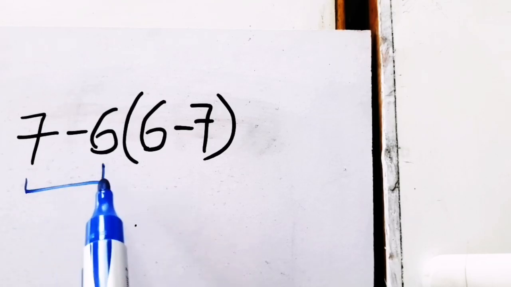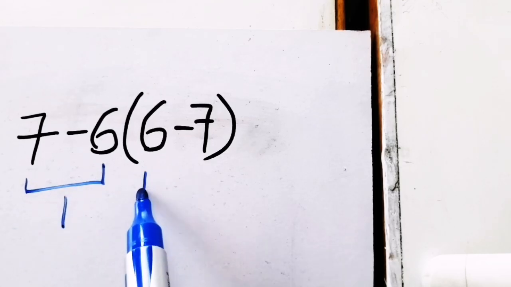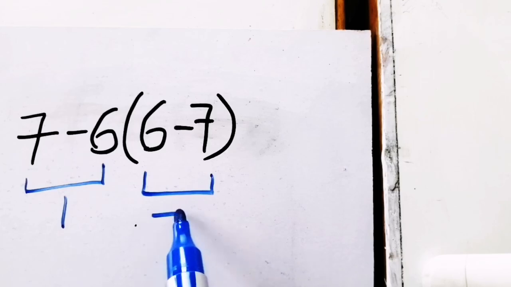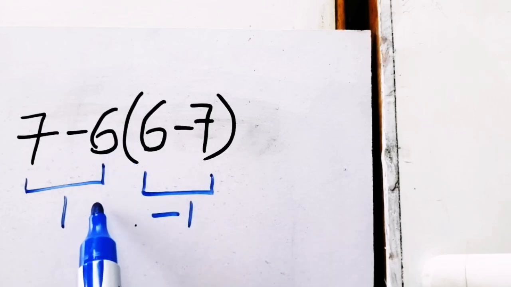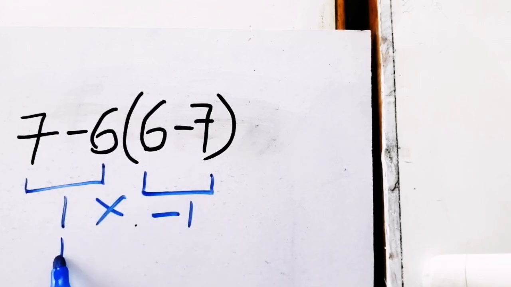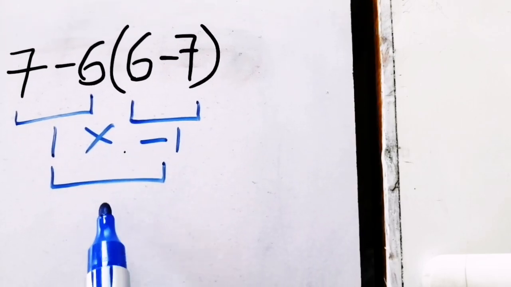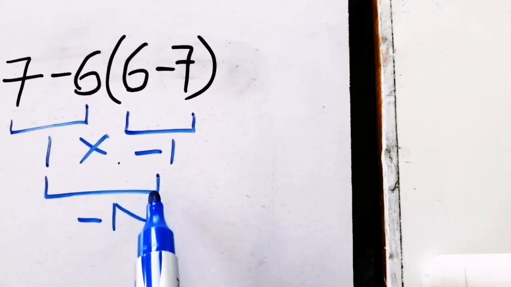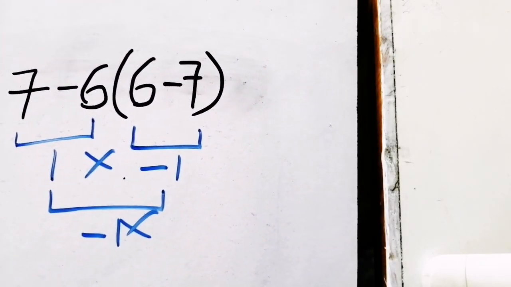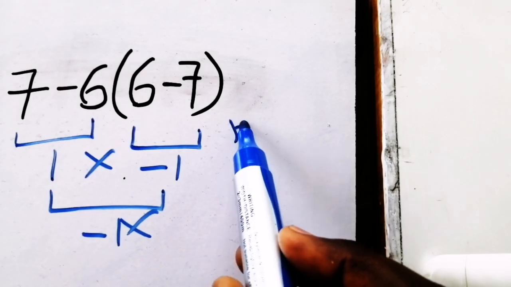7 minus 6 which equals 1. Here in the parentheses 6 minus 7 which equals negative 1. Then 1 times negative 1 which equals negative 1. But this answer is not correct because according to the order of operations, first we have to do parentheses, then